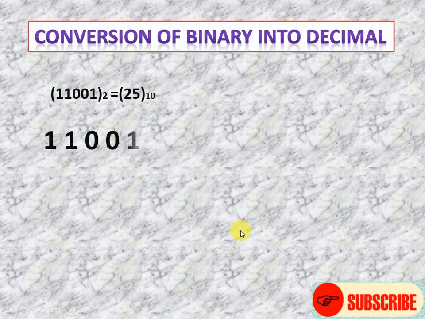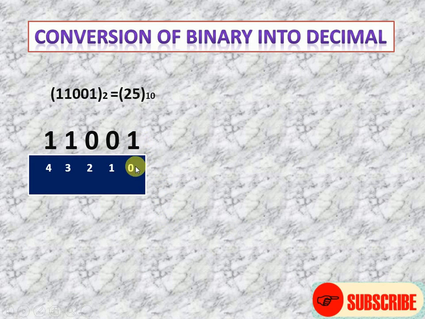Now let's see conversion of binary into decimal. Just now we have seen decimal into binary. Now we will see binary into decimal. So let's take an example, 11001. So 11001 is the number. So first we will do the numbering from the right side. The first one on the right side will be numbered as 0, the next will be numbered as 1, next 0 will be numbered as 2, this 1 will be numbered as 3 and the last 1 will be numbered as 4. So numbering has been done. Next we will make the base of these numbers.